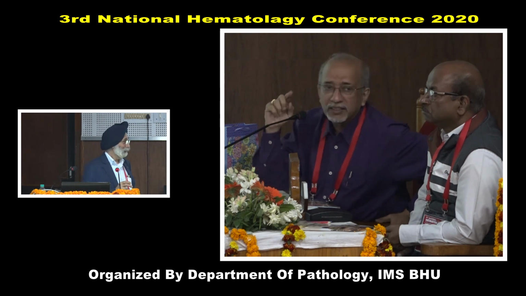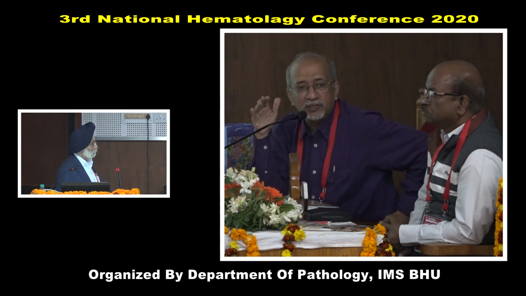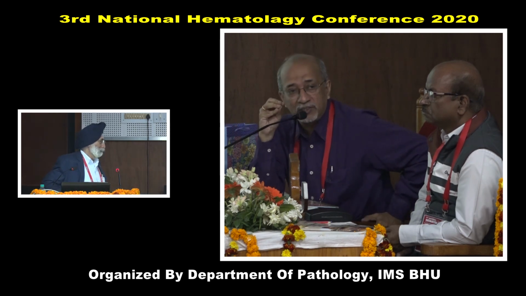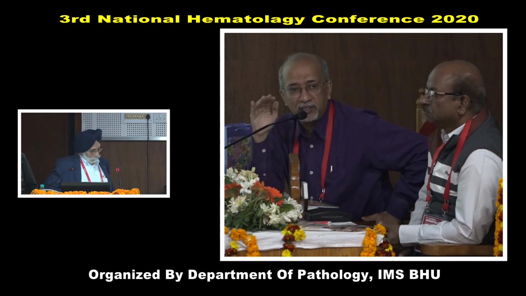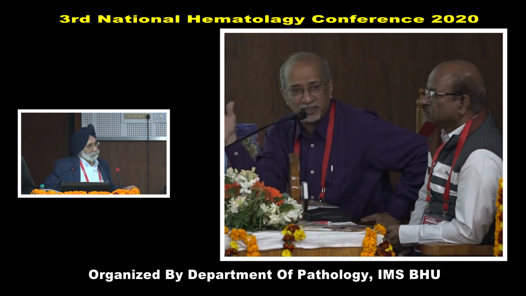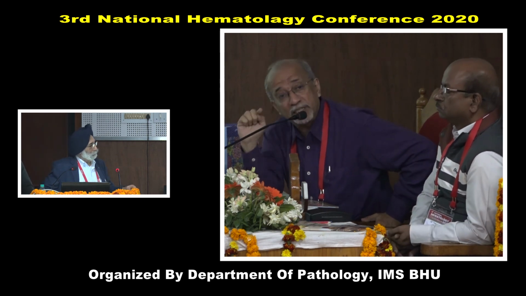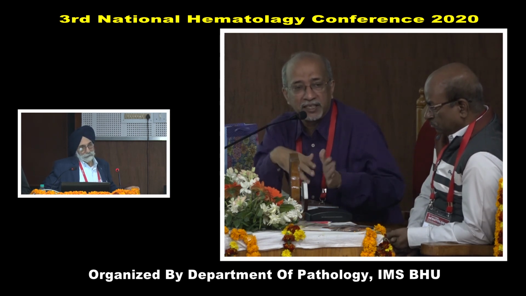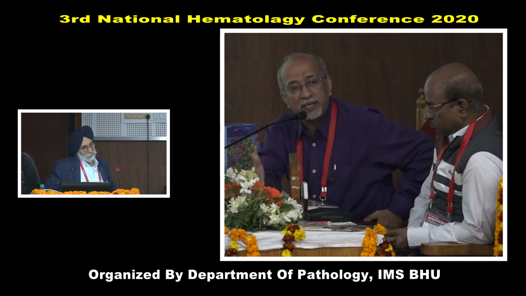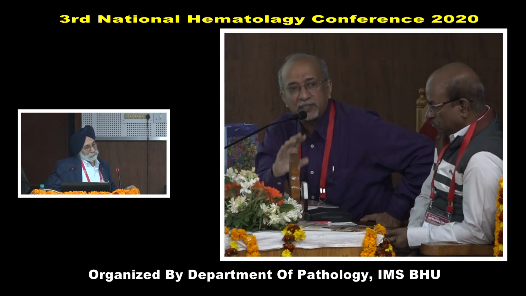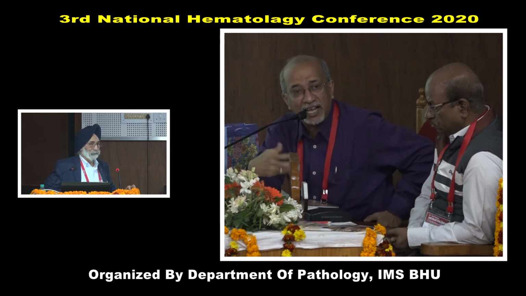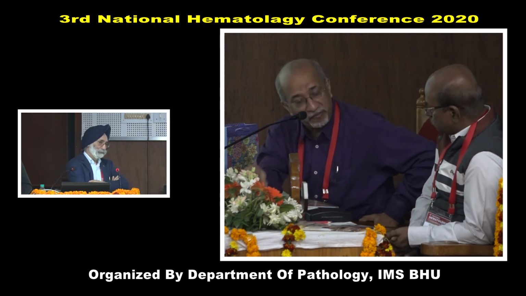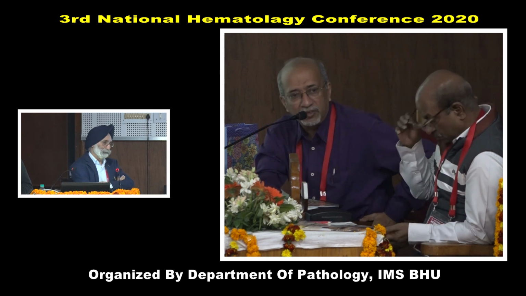May I just say one thing in response to this? It's kind of serendipitous because we started flow a bit late in our institute. So we were dependent a lot on immunocytochemistry. Immunocytochemistry, in our observation, was better on the imprint smear than on the aspirate smear, though it cannot replace flow without a shadow of doubt. The aspirate smear, because of its dilution and the amount of blood that is there, our results of immunocytochemistry were always better on the trephine imprint that we used to make. So that's one comment. So trephine biopsy has its role in that way also. So rather than just an aspirate, if you combine an aspirate with trephine, the trephine imprint can be used for all your immunocytochemical stains.